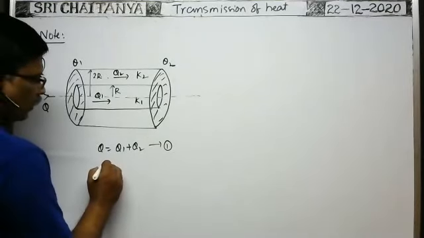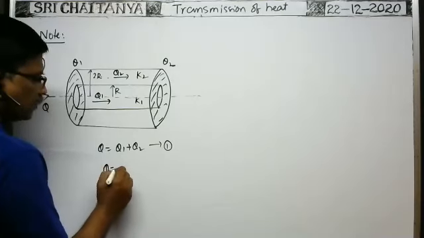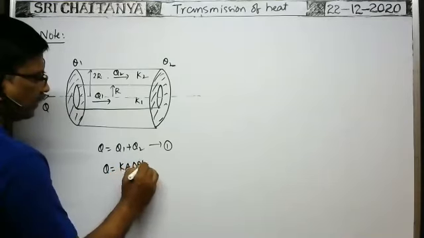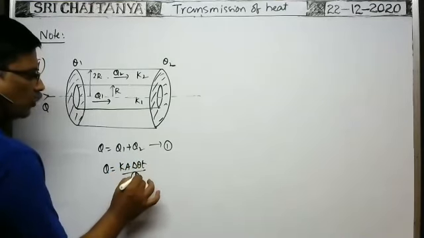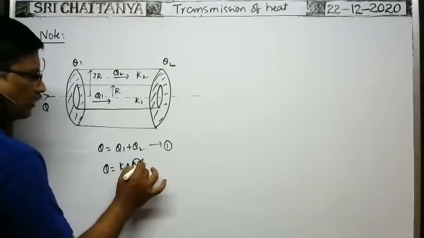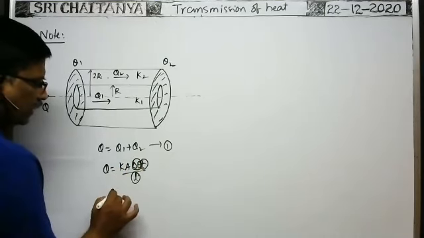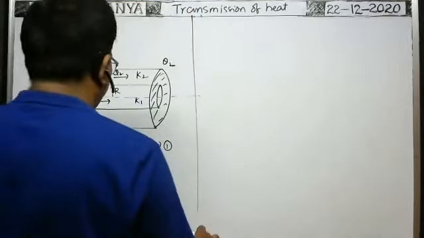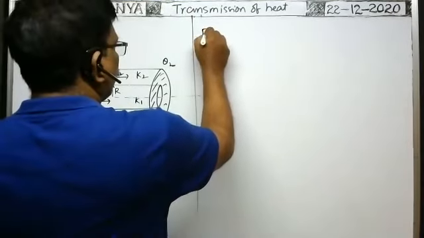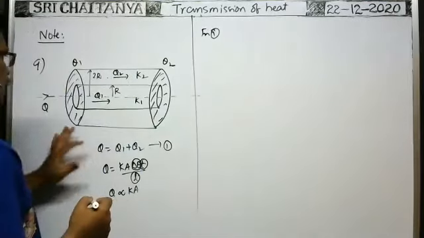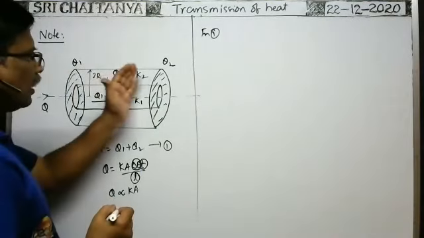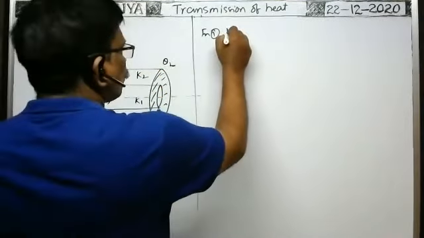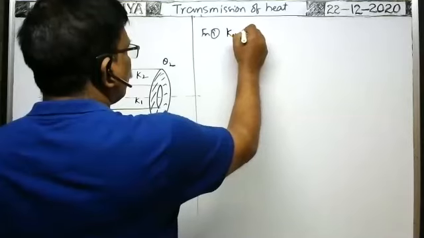Here you see, heat energy transmitted through the system is given by the general formula K A delta theta T by L. L is the same for both. Temperature difference is the same and T is also the same. So heat energy transmitted is directly proportional to K into A. Therefore, from 1, Q, the total heat energy transmitted through this system, is directly proportional to the effective coefficient of thermal conductivity into the effective area of cross section.